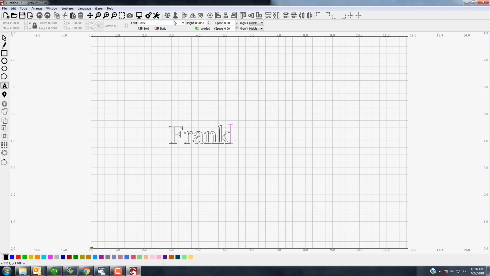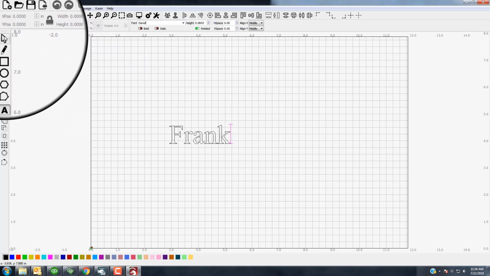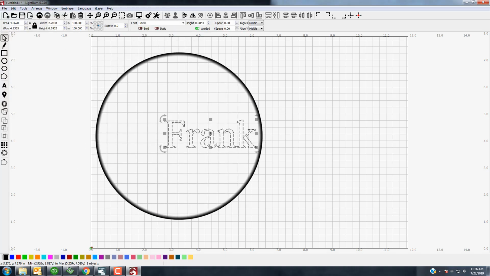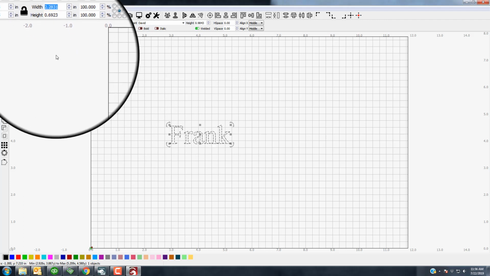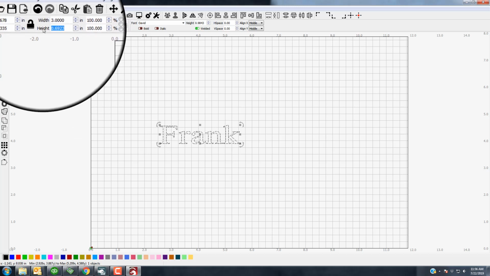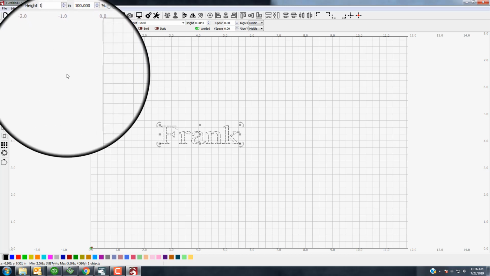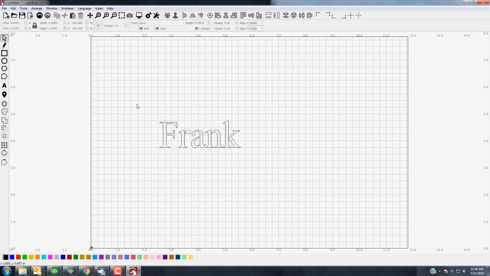So now what we're going to do is change the size if needed by selecting it, and then we have our width and our height. Here we're going to make this cutout 3 inches by 1 inch tall. And you'll want to select it,